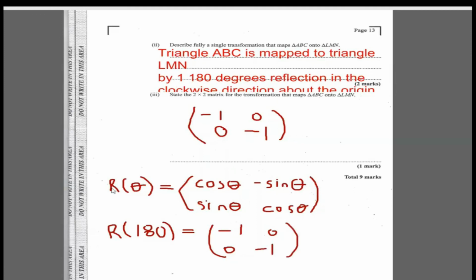So this is just a simple formula that I use to remember matrix transformations. If it's a 90 degree rotation, I put in 90, and everything will work itself out. If it's 90 degrees in the counterclockwise direction, I put in -90 as theta and so on. It always works out. So this formula is extremely powerful. Or you can go ahead and memorize the matrices. But I use this so I don't have to memorize anything. I just always go back to this formula and plug in the degrees of rotation. So that's part